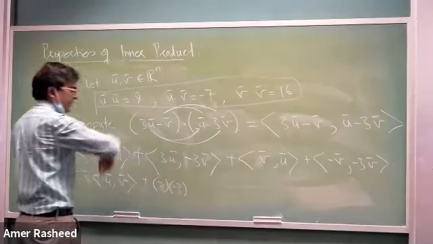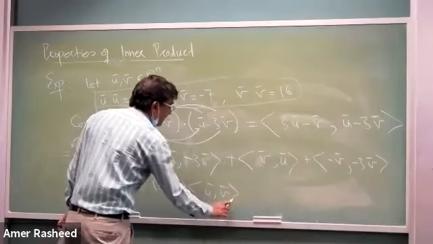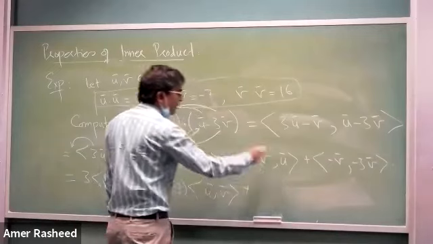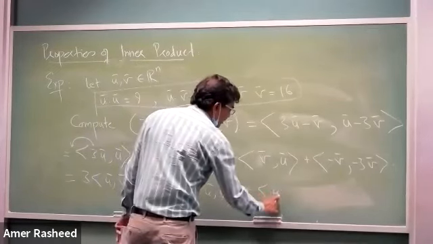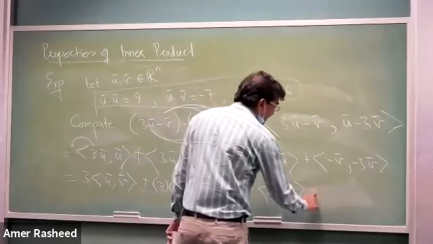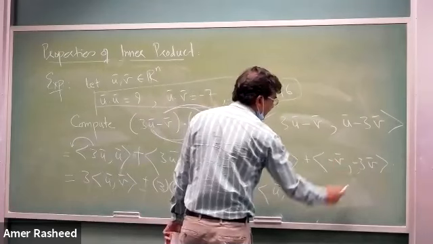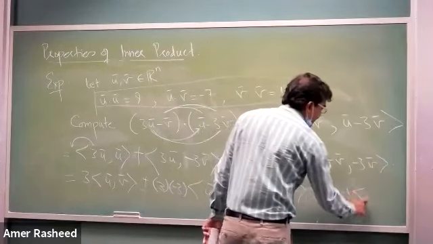These are two scalars, both go outside. So it becomes u v, and then plus v u is what? It is again u v, because it is commutative. Plus here -1 and -3, it is -1 times -3 times